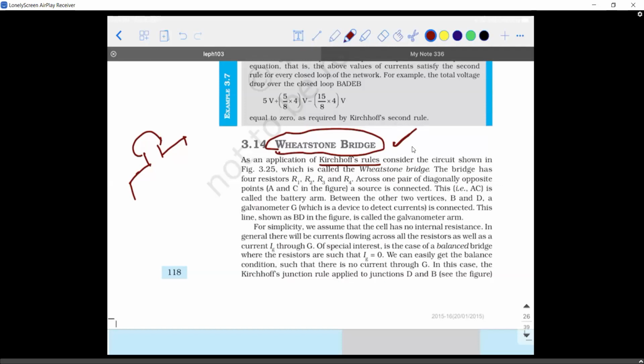That is the Wheatstone bridge. If you ask me what a Wheatstone bridge means, first we need to understand what exactly a Wheatstone bridge means, and second we need to understand what is the application of it. Right. So I was talking about an example. Let's say I give you a bulb. Okay. It is connected to a potential source. Now I'm asking you to find out the value of current that is taken by this bulb. Will you be able to find it or not?